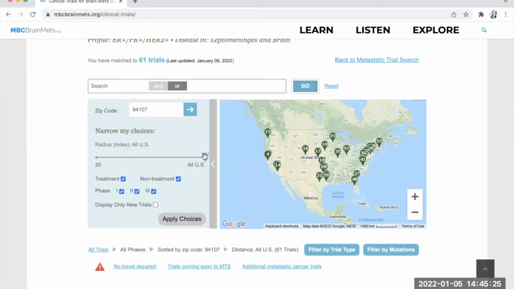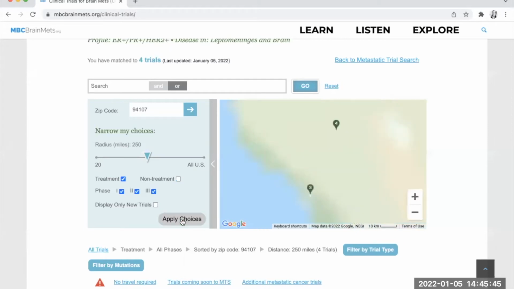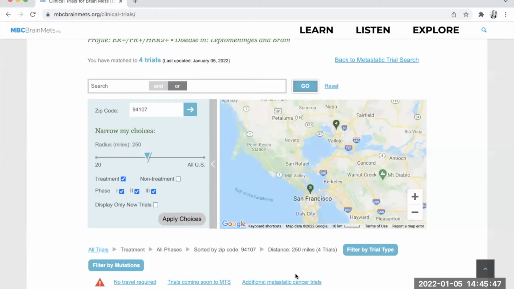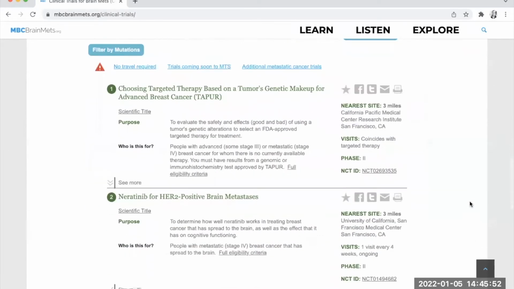And if you want to narrow your search a little bit, we could say we want to be within 250 miles. Let's say we only want trials that actually have treatment. We're okay with phase 1, 2, or 3. We're going to apply choices, and this should narrow our search a little bit because we narrowed the radius. And so what'll happen is now we have 4 trials, and you can see these trials are listed here,